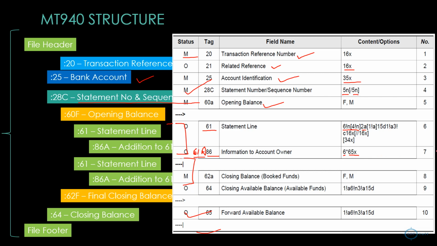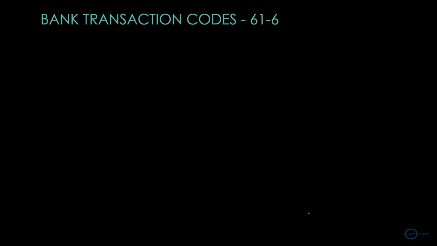Okay. This is number 7. At the moment, no need to get confused about these 7 numbers or tags or whatever. We will cover it in detail, right. So, this is how it is. No need to go into much detail because I am going to show you how it will work, because the standard upload is available. So, it is straightforward. Okay, the first thing you will have to ask your bank for is their transaction codes,